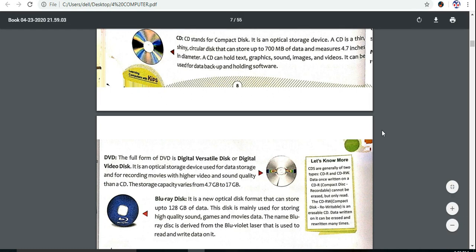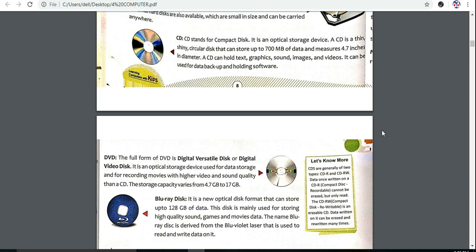Okay, now let's know more. CDs are generally of two types, CD-R and CD-RW. Let me tell you the full forms. CD-R stands for CD recordable, CD-RW stands for CD rewritable.